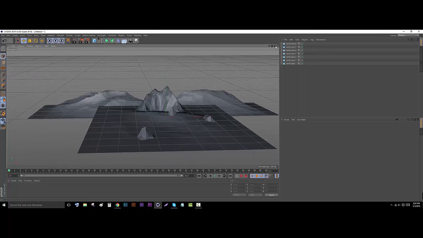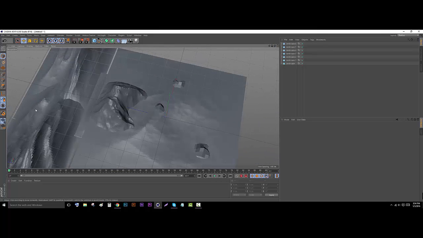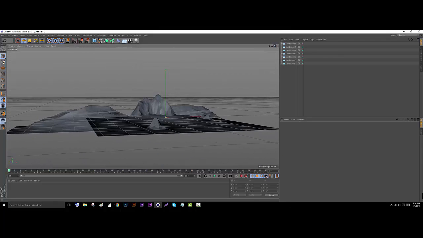Alright, so now that you have an object that has things placed in different depths, we are going to click